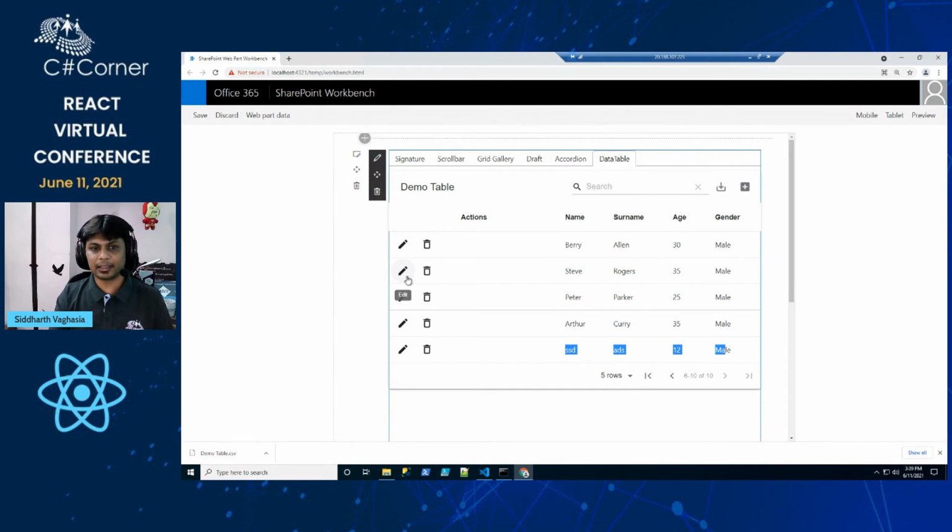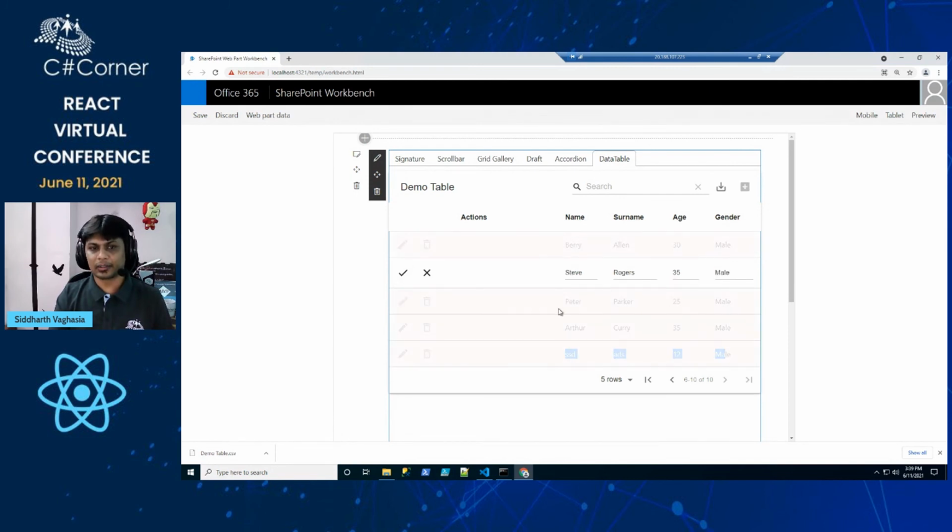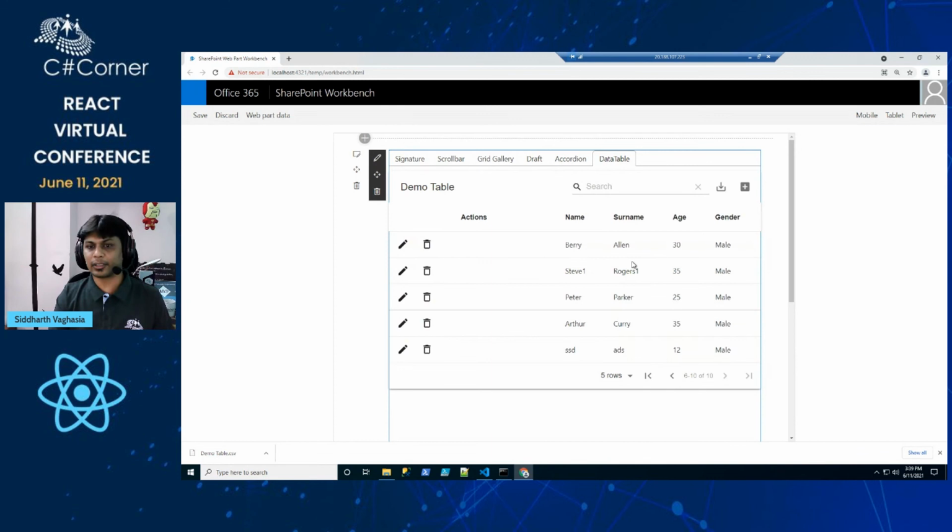Then the good thing is it is editable, right? So there is an inline editing capability, which I think many times has been asked for by users. Like, we need a list view, but we don't want a different form where I go and edit it. If there are pretty much 5 to 6 columns which you are displaying in the grid or the table, you can always edit it inline and then save it. So this is pretty cool, in terms of the editable grid which we have.